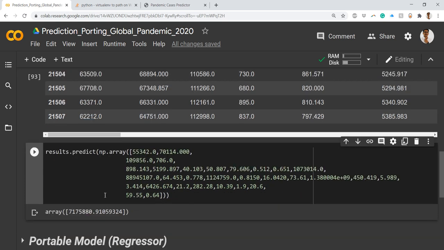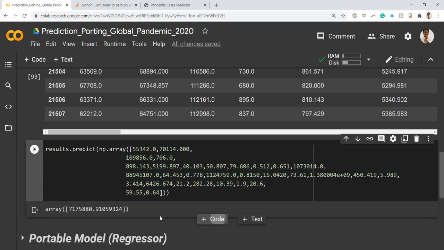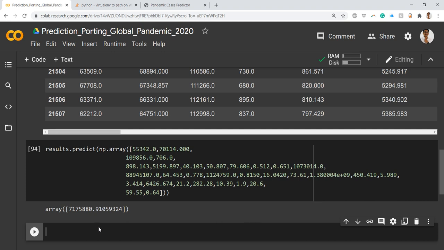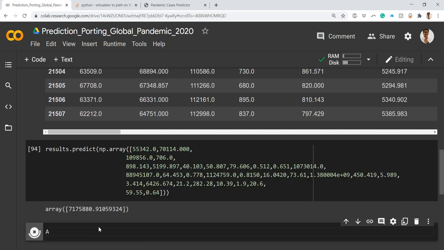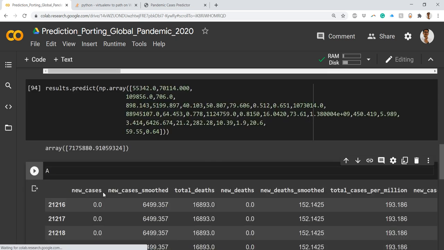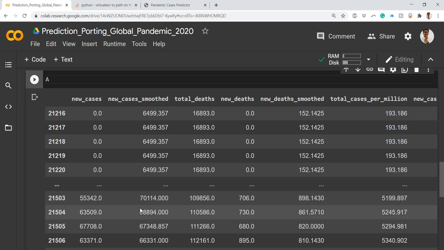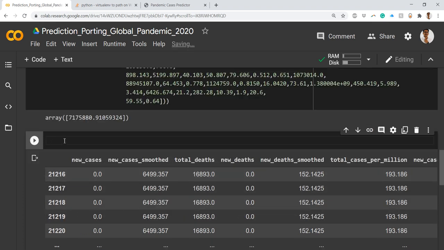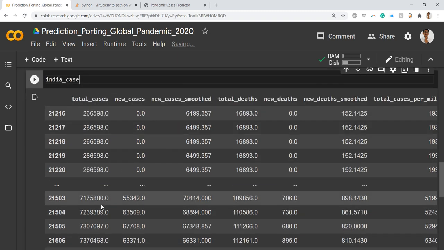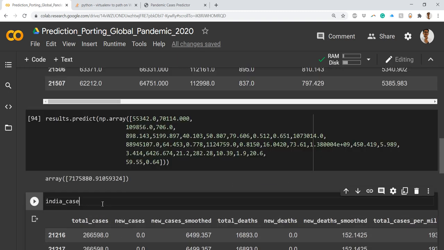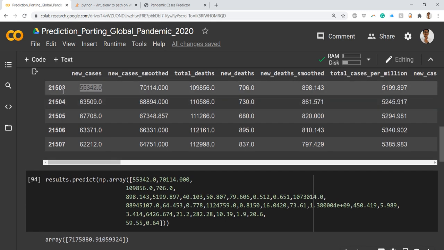So now how do we check this? For checking this, since all our original data is there, if I look for it here, no, it should be in India cases. So if I have India cases, and if I look at this, we have given this entry, that is 21503.